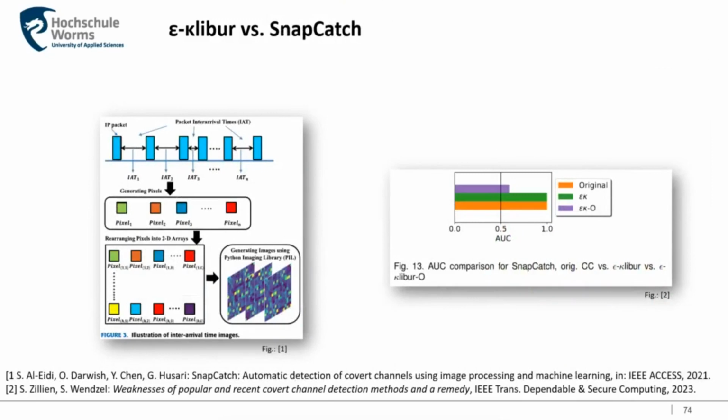And Snapcatch uses image processing methodology to train, I think, a support vector machine, if I'm not mistaken. So features like average gray value and things like that. And it was the only one we found that could detect epsilon Kapalibor almost as well as all other covert channels. But because several features depend on the pixel values, what we did was, if I just draw this here, maybe,